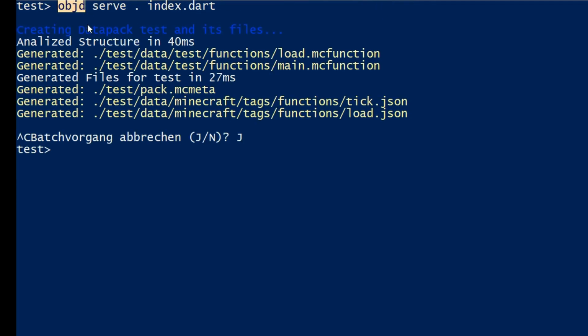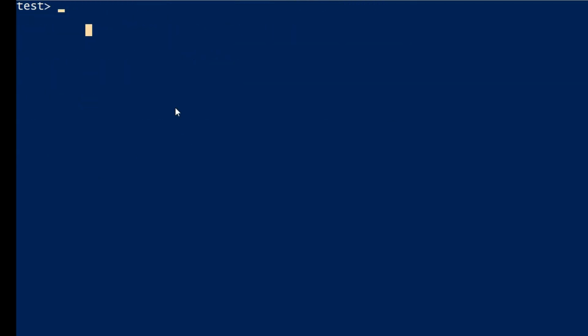These commands are not activated by default, so you have to activate them, and you do that with the pub command. That's the package manager for Dart. And this is a global package, so we need global here. This is accessible everywhere on your computer. And we need to